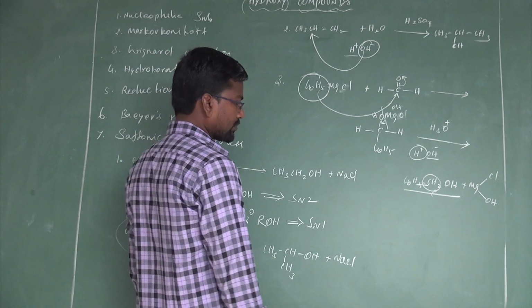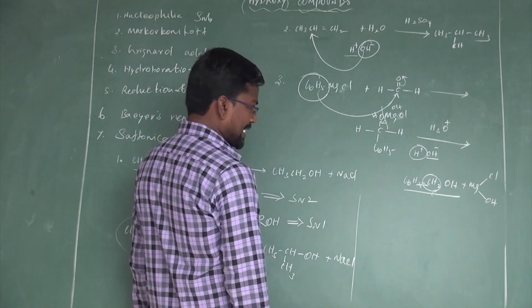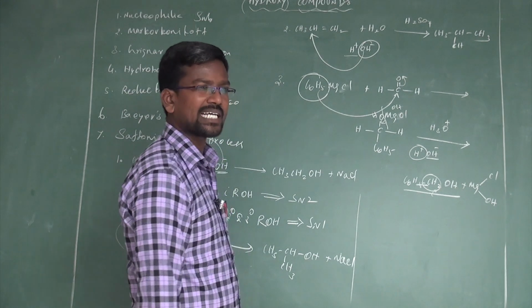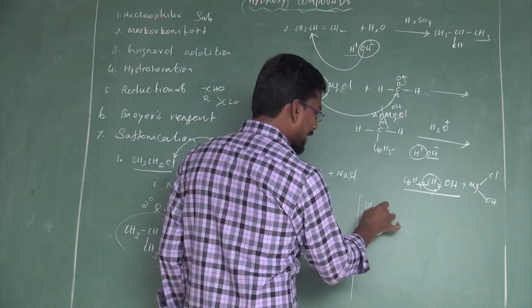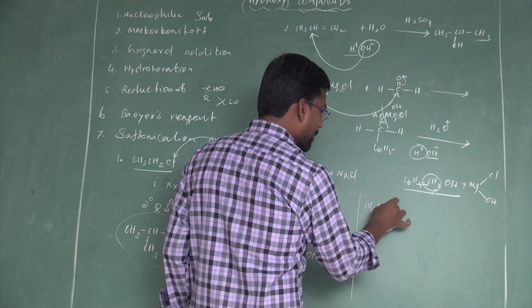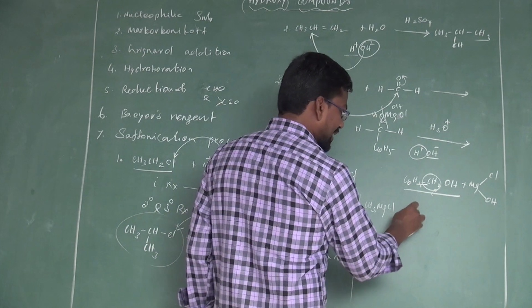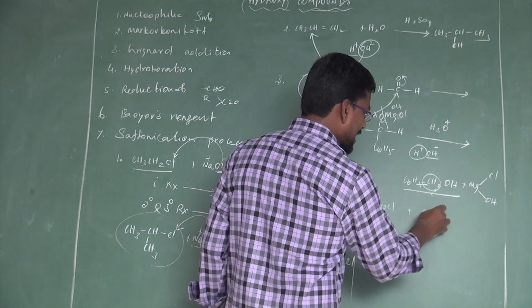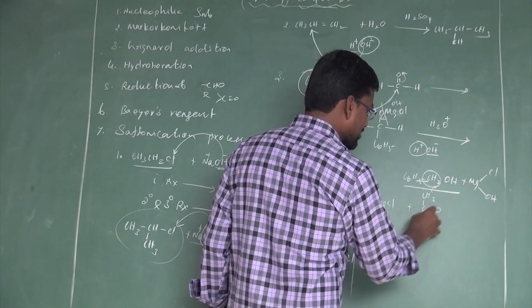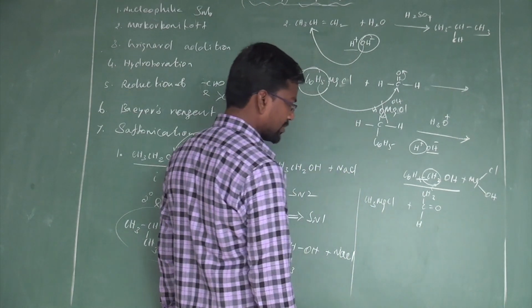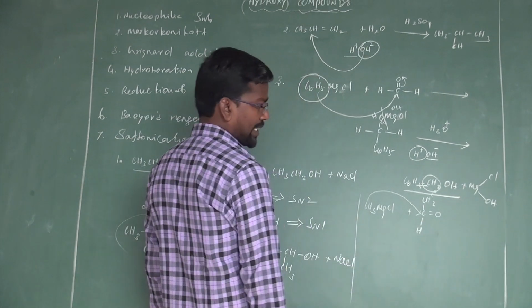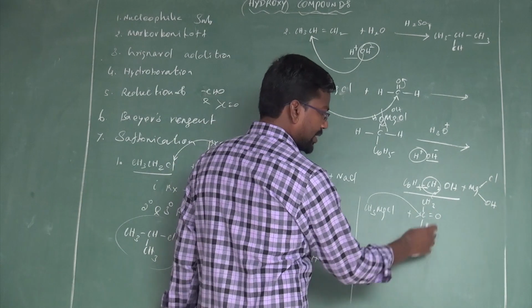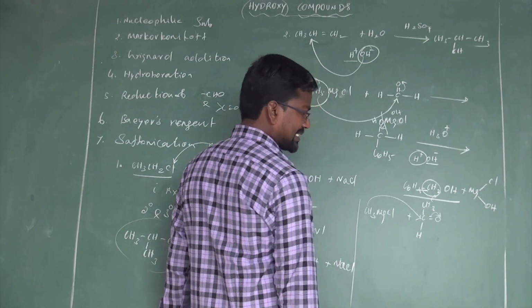Next one, secondary alcohol. The secondary alcohol can be prepared from acetaldehyde. Grignard reagent, methyl magnesium chloride. Methyl magnesium chloride reacts with acetaldehyde, C double bond O, CH3 bond H. It is acetaldehyde. The methyl anion attacks the electron deficient carbonyl carbon atom. Carbon oxygen bond breaks. Both electrons move towards the oxygen side.